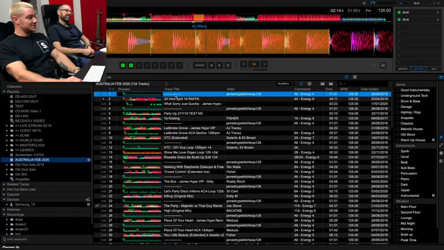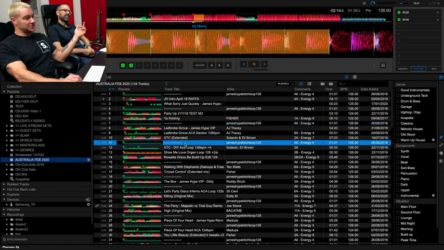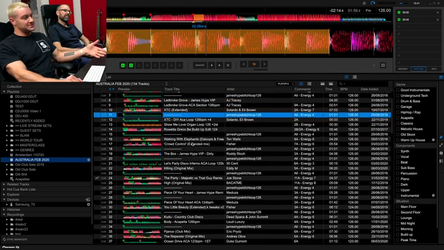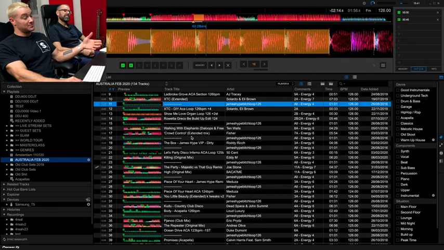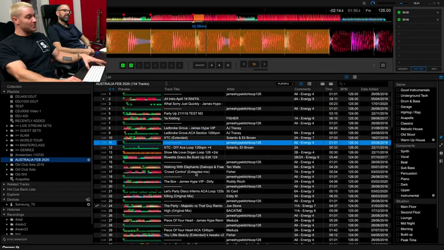Well, I think the one thing that people looking at the screen are going to think is, what are all those lines? Okay, let me explain the lines. So the lines are used to divide transitions. The way that I set these playlists out, and the way that I play the tracks, are in terms of transitions. So if we look,